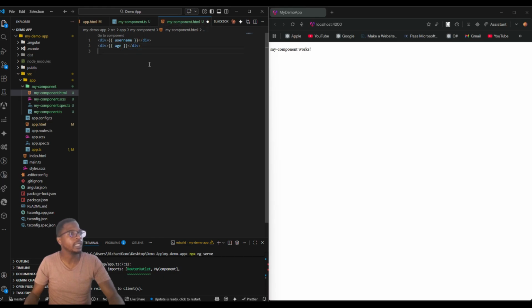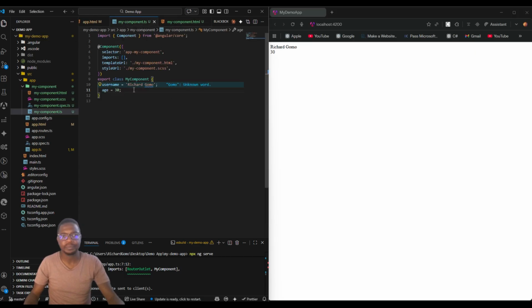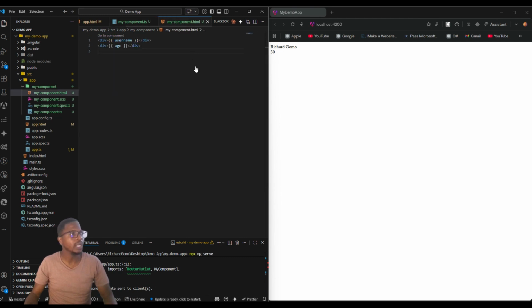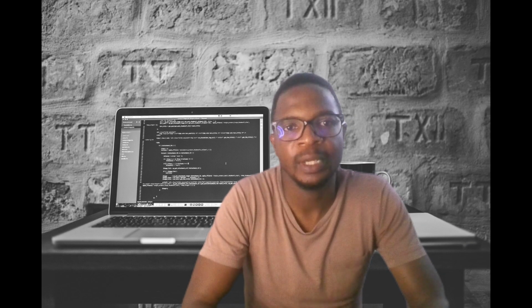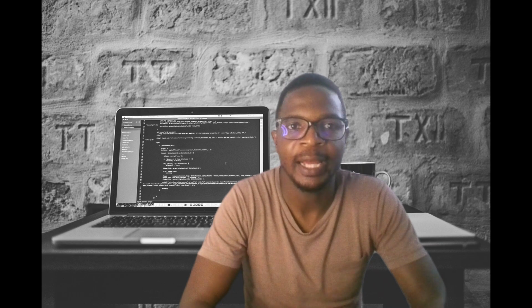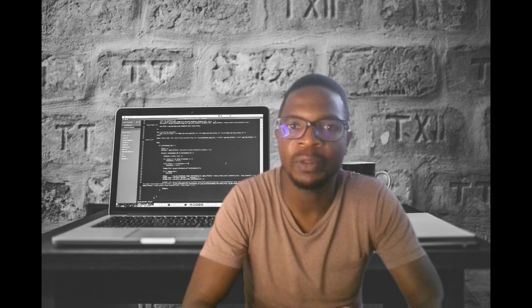Now you can see here, if I refresh my browser, it will now display these two here. We save my work first and refresh. There we go. That is what we call interpolation. Interpolation is to display data from our component into our template. All right, so if you have seen in our previous demo, Angular replaces the expression with the actual values from